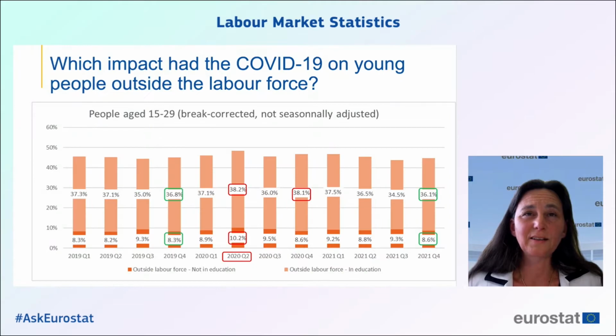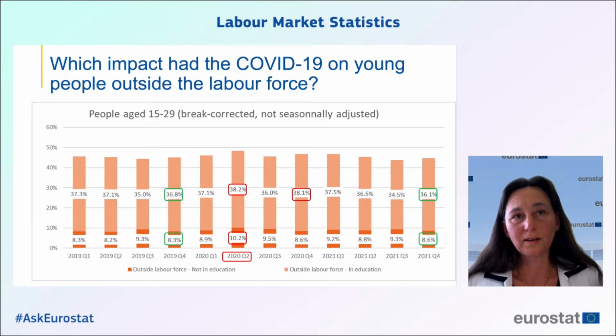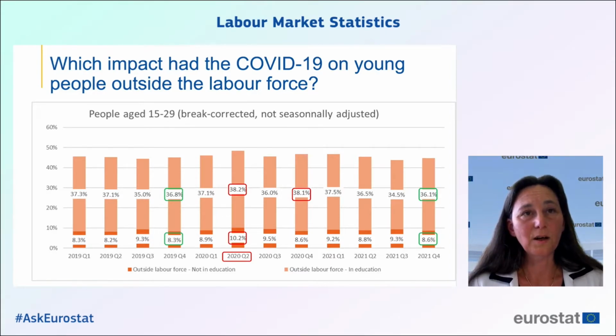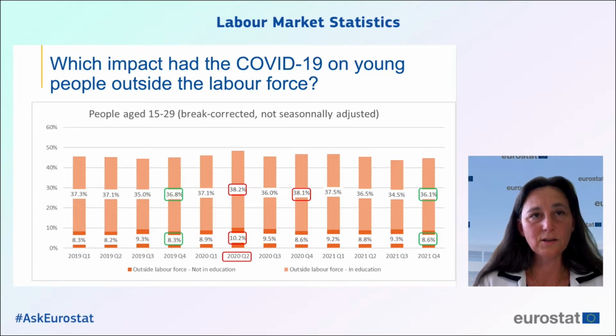Next slide, and then we have the complete picture. So the third group is the young people who are outside the labor force, so those who are not employed and not unemployed. And here we can see, in fact, both effects: the effect of employment and the effect of unemployment, but still with the most impact from the COVID crisis in the second